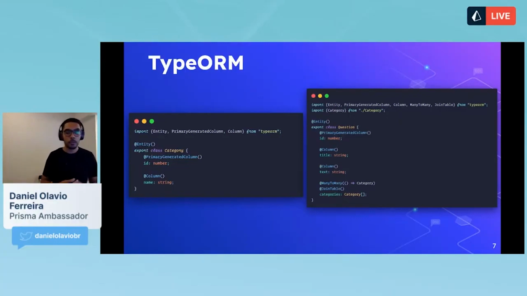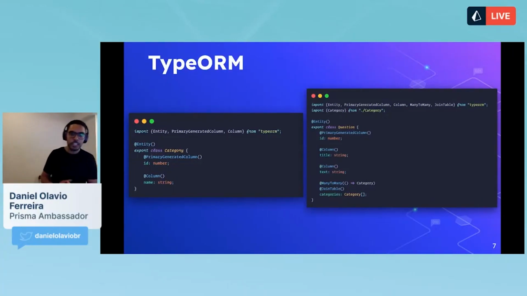So different from Sequelize, you can already see that it looks a little bit more like a table. So you can see, oh, okay, it's well divided. So I know that the ID is a column, then the name is a column. It even has the decorator telling me that's a column. The ID has the primary generated column. So I know, okay, this might be generated in some way, and it's my primary key. If the person doesn't really understand that, it can be a little bit tricky.